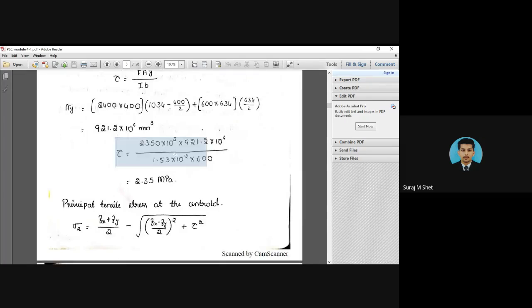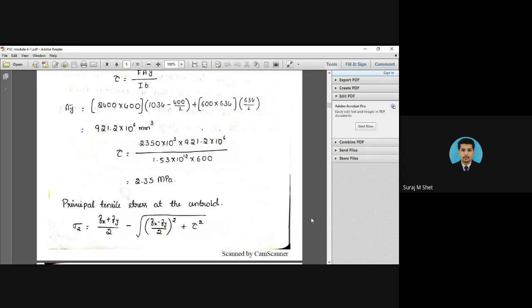Tau is equal to F into A into y bar divided by I into B. After substituting all the values, you will get tau. So you already know the principal tensile stress at the center. What is the formula they gave? Fx plus Fy divided by 2 minus square root of ((Fx minus Fy) divided by 2) whole square plus tau